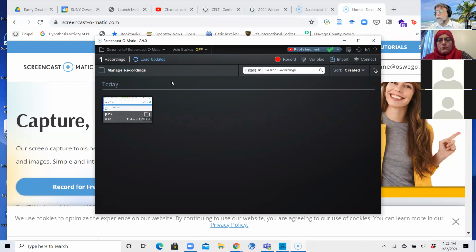Now, that's basically all you can do with a free account. You can record a video. It could include your video from a web camera. It can record the screen, and you've got some basic trimming ability, the ability to shorten the beginning or the end. And when we were recording Zoom recordings in various classrooms, and I had to run from room to room